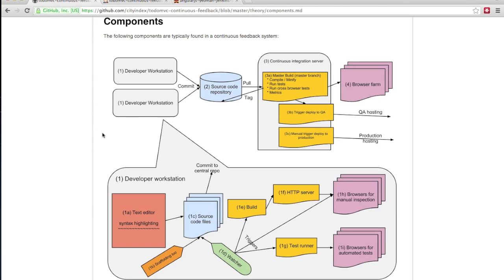We've seen how we grabbed the source code, we used our watcher tools, our local dev server to do manual inspection. We saw how we can write unit tests and run them in the test runner, how we can write end-to-end tests and then run them across multiple browsers to save us effort. Then how we push that back to our central source code, and then we make sure that we can still